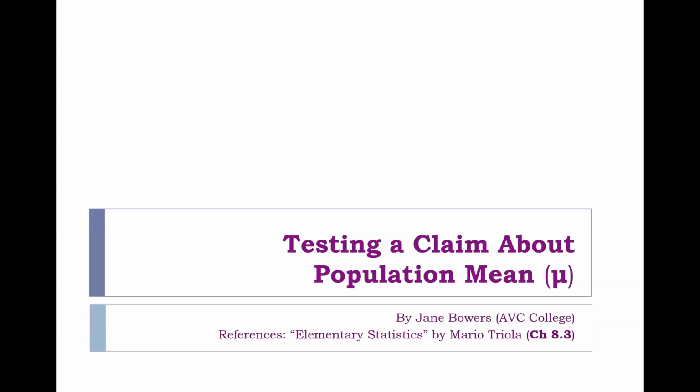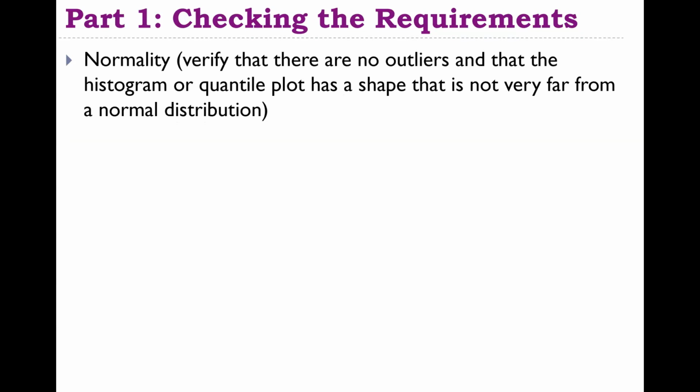This video is the first in the series of videos about testing a claim about a population mean, Chapter 8.3 from our textbook Elementary Statistics by Maria Chiolo. We start with Part 1, checking the requirements. The first of the two conditions that must be met in order to perform hypothesis testing about a population mean